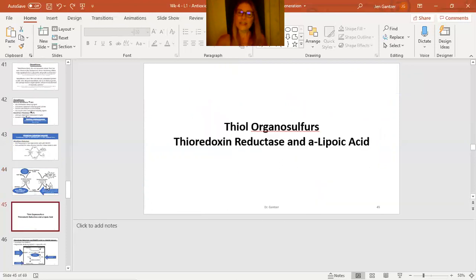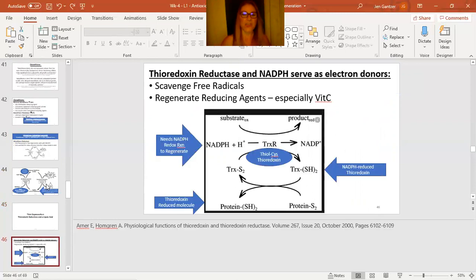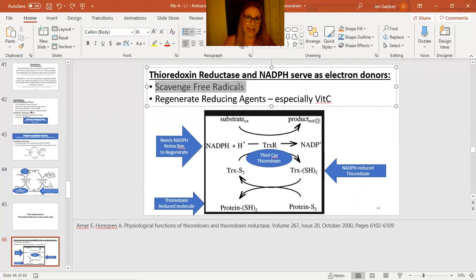All right, so let's look at the thiols, thioredoxin and alpha lipoic acid. So these also have sulfur. So these fall under the category of a thiol, meaning they contain sulfur, and that's particularly where their redox reactivity is coming from. So we are going to see that the thioredoxin scavenges free radicals, and it also regenerates vitamin C. So the NADPH, okay, it's going to react through this sulfur transfer,